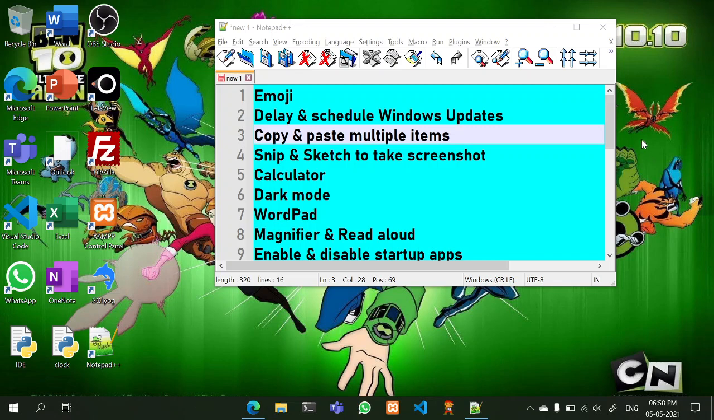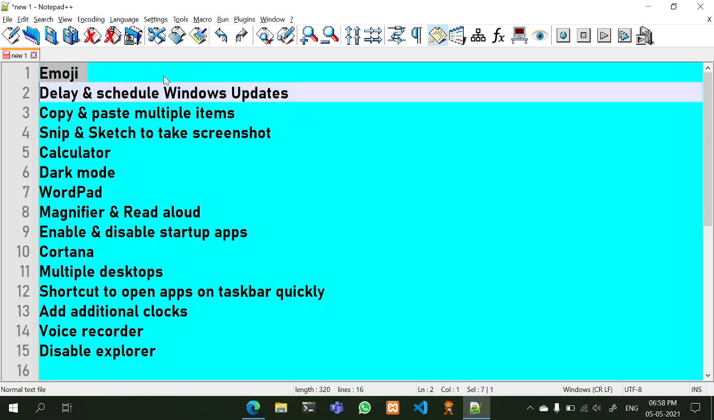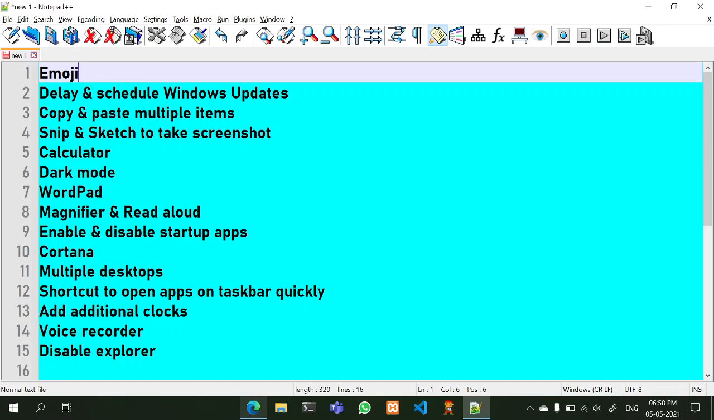So here we are on our desktop screen, and now let's get started with our video, looking at the first feature. So the first feature is emoji. I hope many people have seen that you have to use Windows plus period for displaying emojis in your keyboard